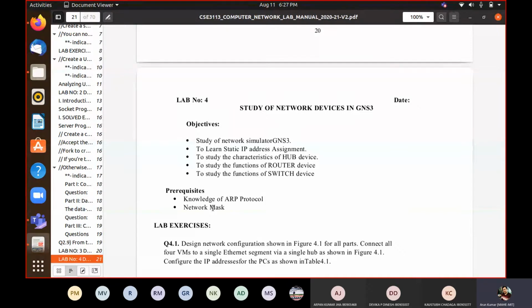So if it is starting from 192.168.2.1, that .1 address, and going till .255, you are getting a block of 255 addresses. The first address and the last address you will reserve for these two special purposes. In between, you can allocate addresses to the nodes which will join your network. So to find out the network address, you require the network mask. What is a network mask? We'll see with an example later on.